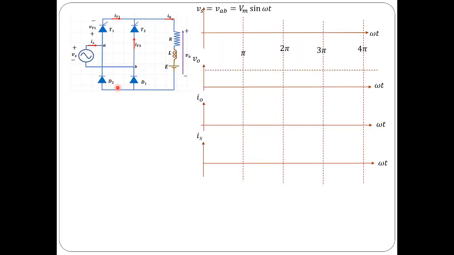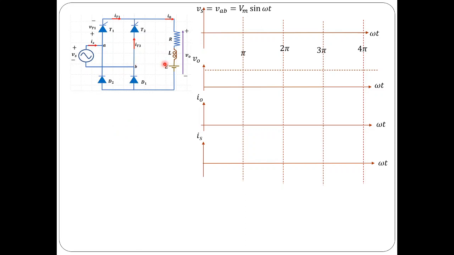So this is the circuit diagram of the symmetrical semiconverter. It uses only four switches, in fact two thyristors and two diodes. In each leg one thyristor and one diode is used. See, in each arm or in each leg you have one thyristor and one diode. So this kind of configuration is referred to as the symmetrical semiconverter configuration.